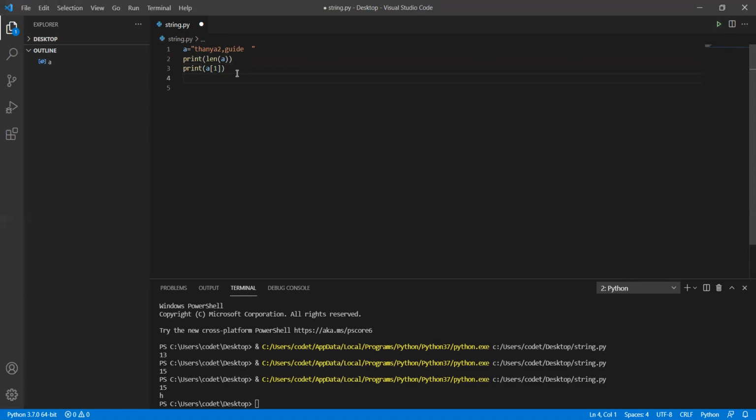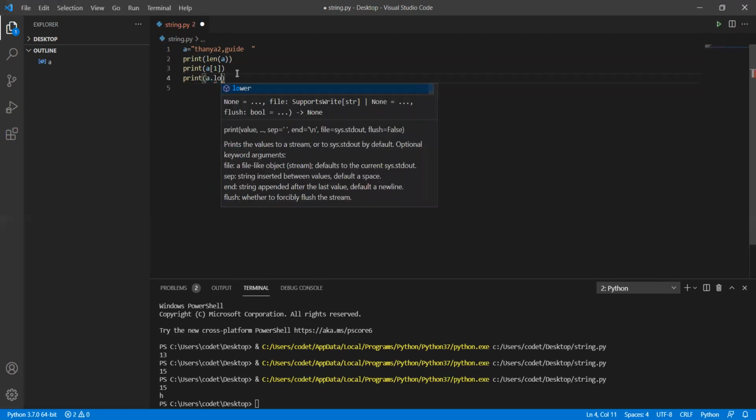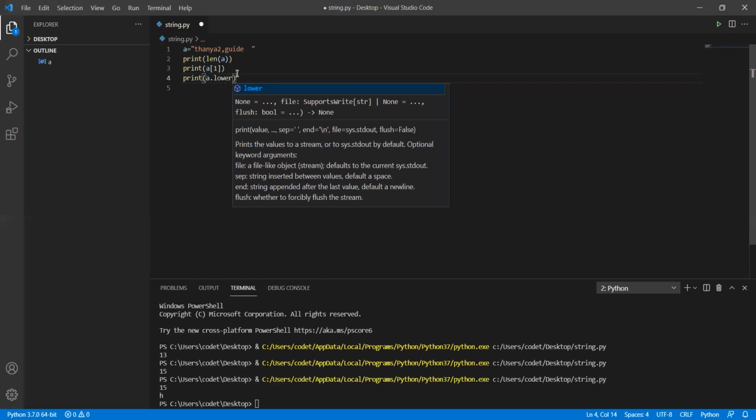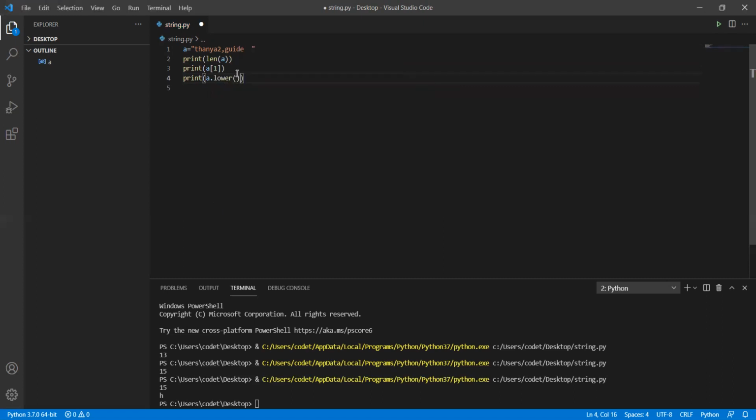If you wanted to get Tanya to comma guide in all small letters, what we have to do is print of a dot lower and mention that with parenthesis. So a dot lower, that means variable dot lower, which will help you to get all in small letters.